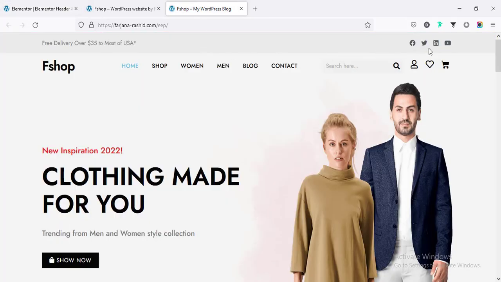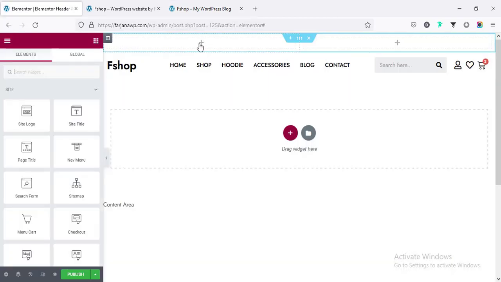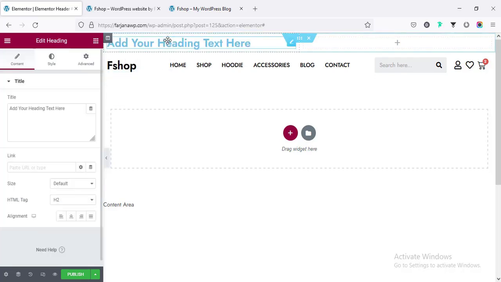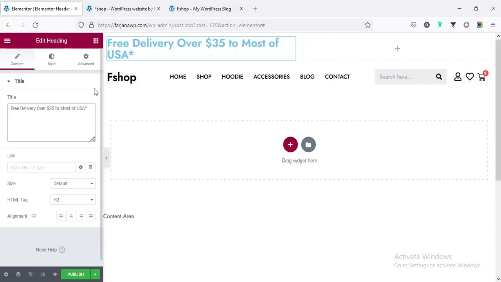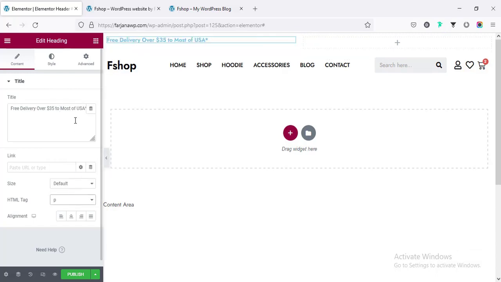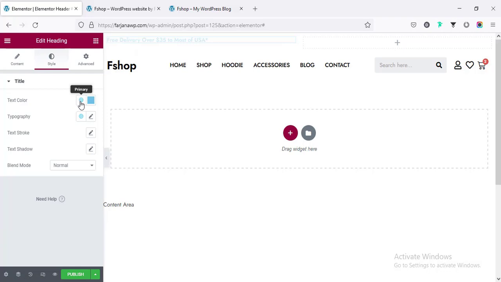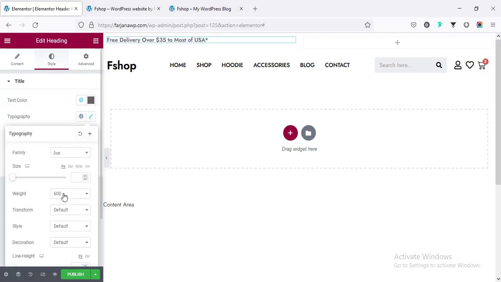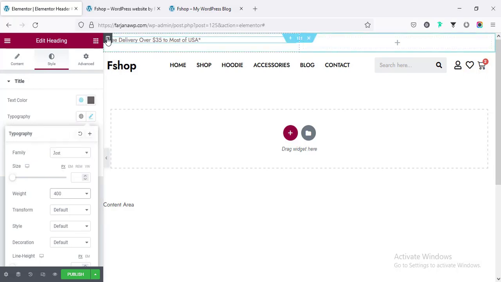And for this area we are going to create a text, and on the right side some social icon, and also changing the background color. So first going to copy the text, and here I'm taking a title text. So I'm taking this module heading and changing this text, making it to paragraph, and from style tab changing the text color to this text, and also the typography, making the font weight to 400, and also from the column